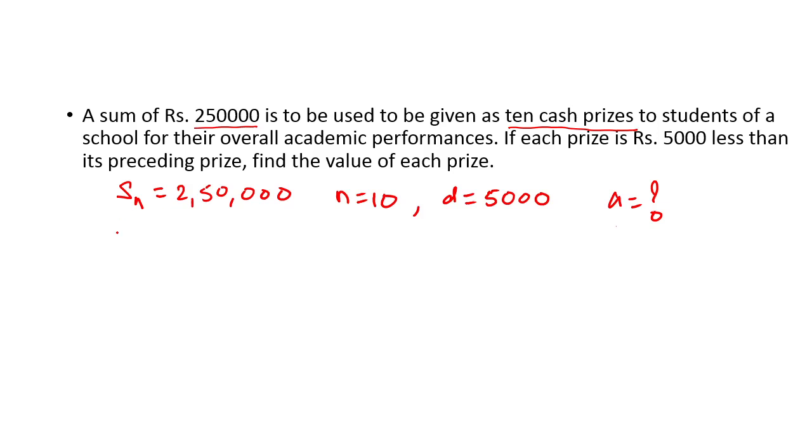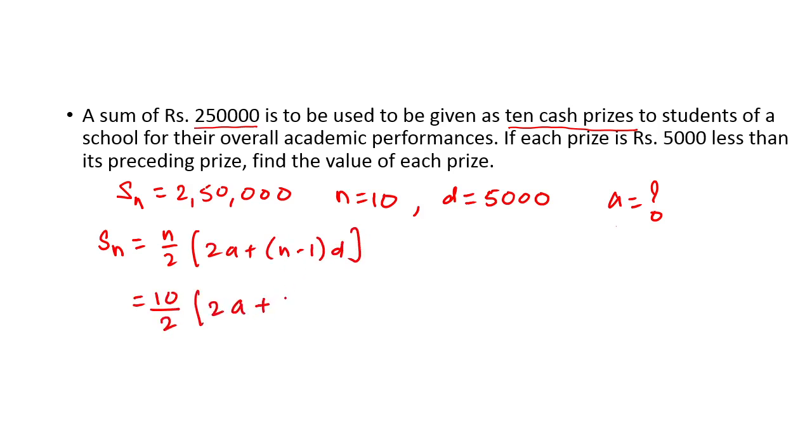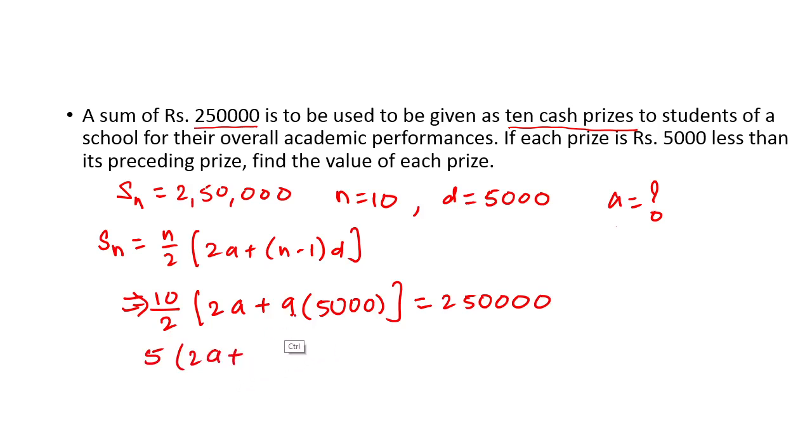Okay, so for that I'll make use of the SN formula. We know that SN is equal to n upon 2 into 2a plus n minus 1 into d. N is equal to 10 upon 2 into 2a plus 10 minus 1, that is 9, into d. D is 5,000. And this total sum has to be equal to 2,50,000. So 10 upon 2 is 5. So 5 into 2a plus 5,000 into 9 is 45,000. This is equal to